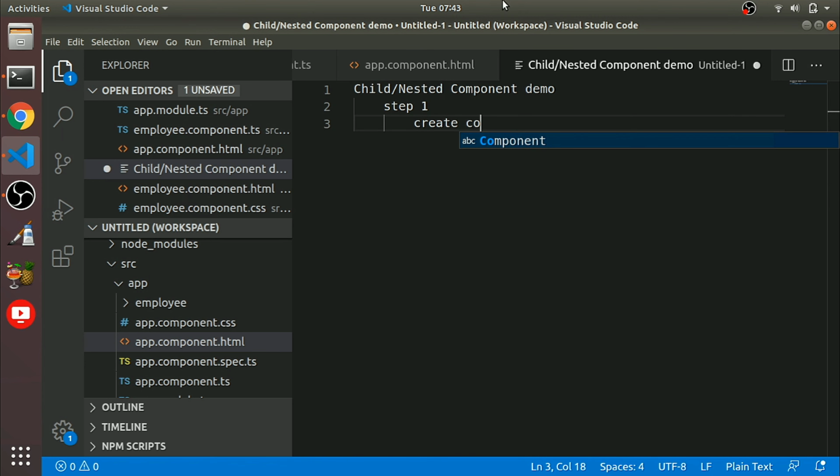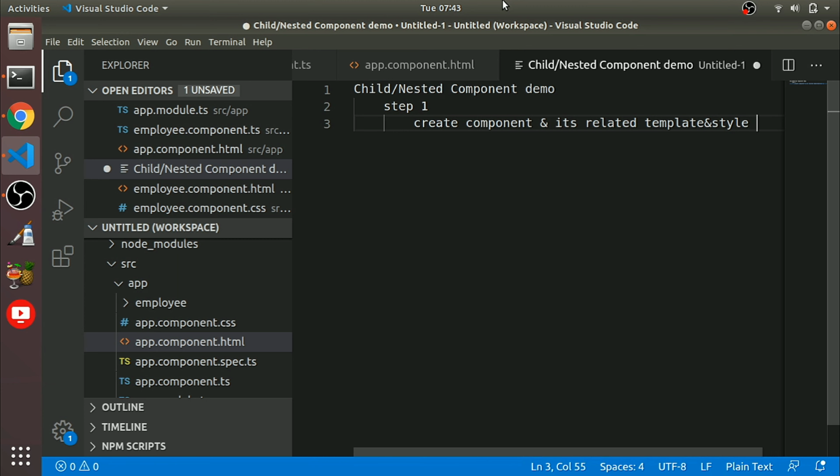create component and its related files. Related, you can mention like template and style files. Okay. So step 2, what you need to do?